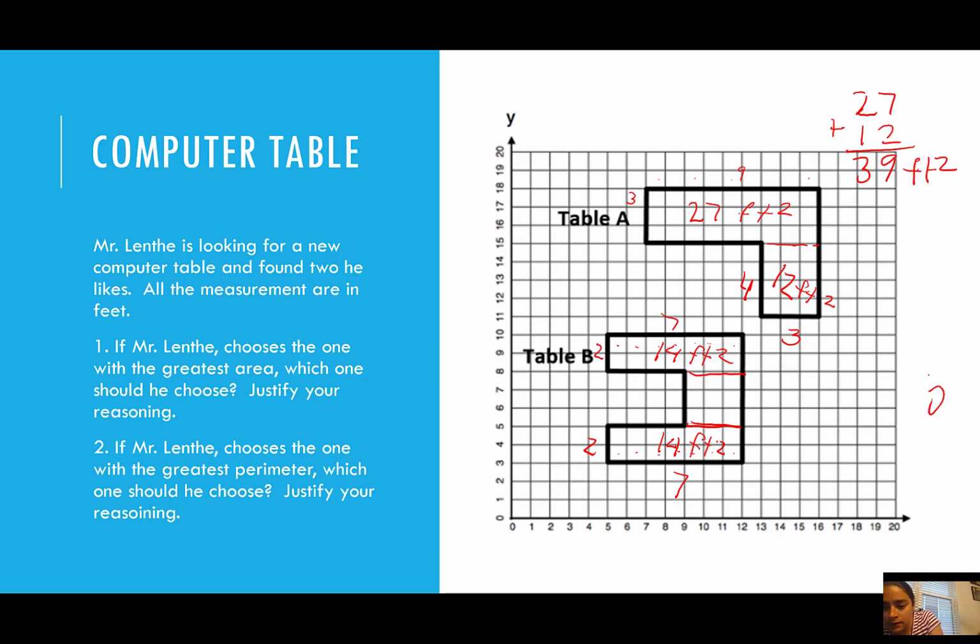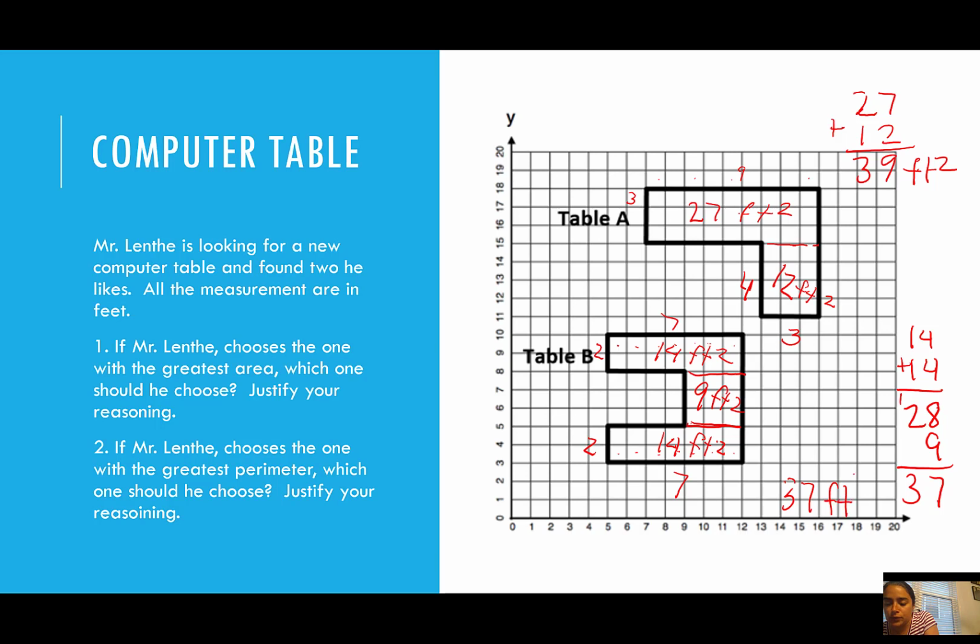Will it let me write? This will be 9 feet squared. So if I add up these 3 amounts, I have 14, 14, which is 28 feet squared, plus 9, which is 37